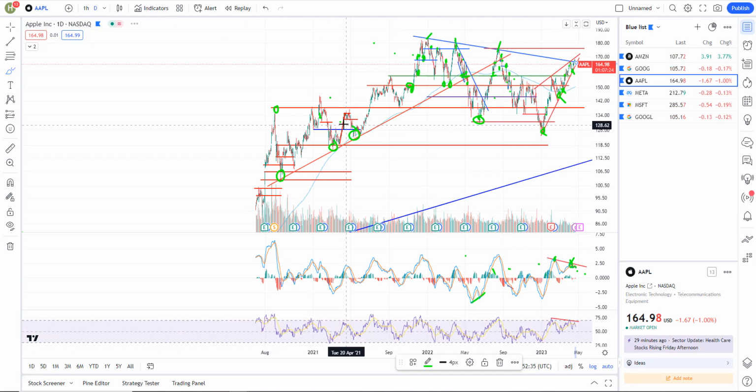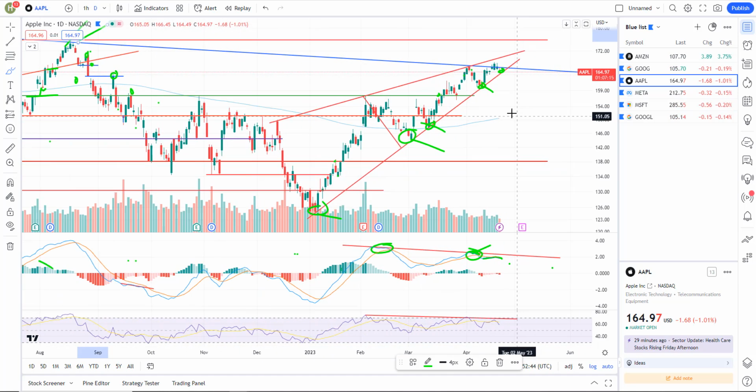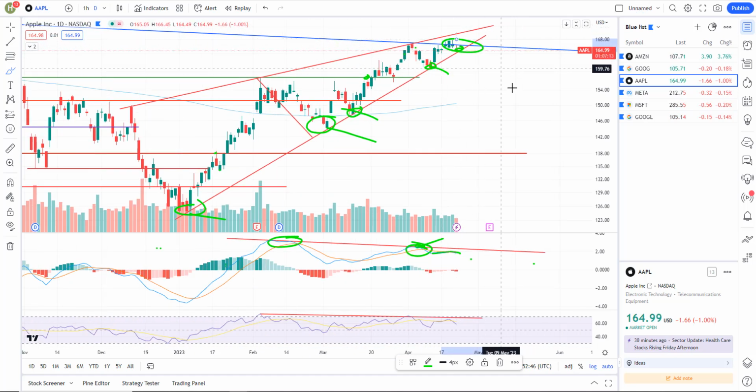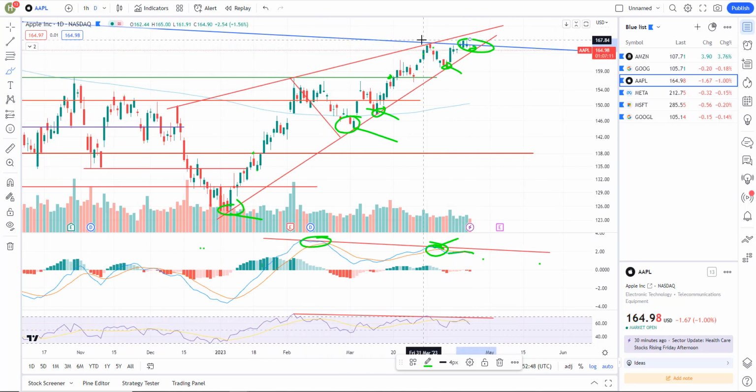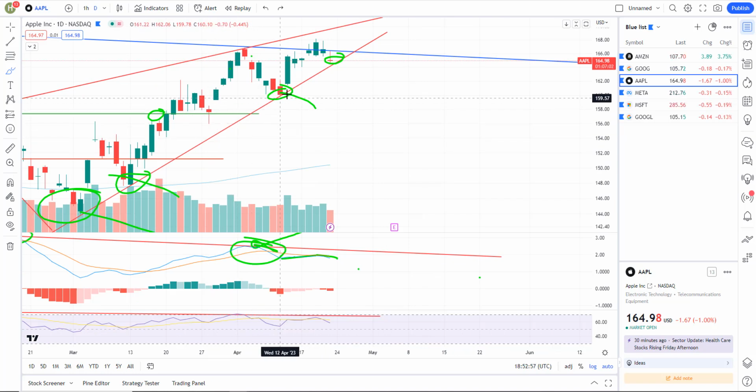The other thing to notice, if you roll out, since the bear market started back in December of 2021, in Apple we have been in a downtrend, and there's no difference here. This is right there at resistance, big resistance. It's marked by that blue trend line. So yeah, I'm looking for that breakdown, and ultimately the breakdown of this trend line right here on the daily. So we'll just continue to watch it. Do we get it? I don't think we're going to get it today. We'll probably get it next week sometime.